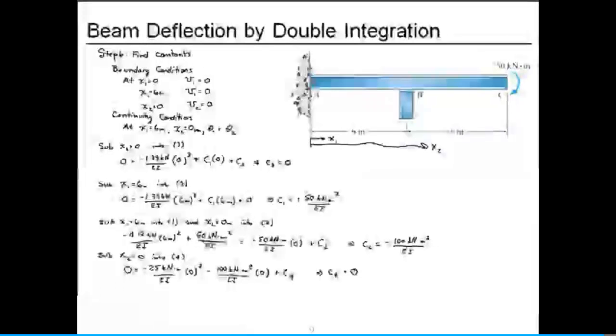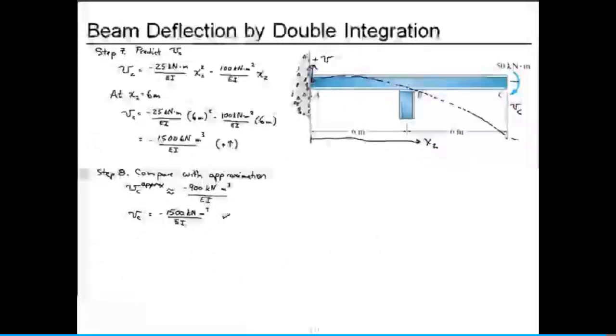Once we did, we had an equation for vertical deflection in the range of x2 that we could use to predict the deflection at point C. And then when we compare it with our approximation, we find that our predicted value using double integration is larger than our approximation, but not double. And so we're at the same order of magnitude, and we meet the criterion that VC has to be bigger than the approximation. So we think we have